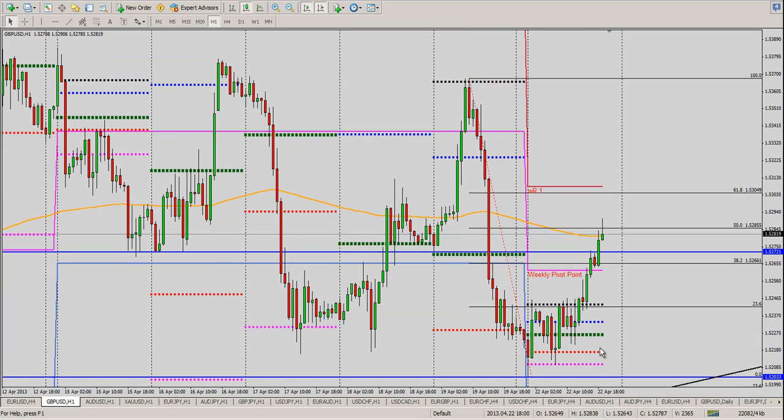Now the pound dollar, we actually got into the pound dollar during the UK session. We were short last week, pound dollar from 153.50, so we got in just about perfectly right up here. We did this a couple of times. We shorted up here and got out in this area down here. We shorted once again up here at 153.50, and we got out and took over 100 pips profit. And now we're back in down in this region here, long,